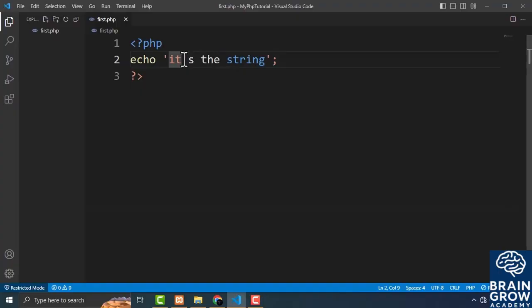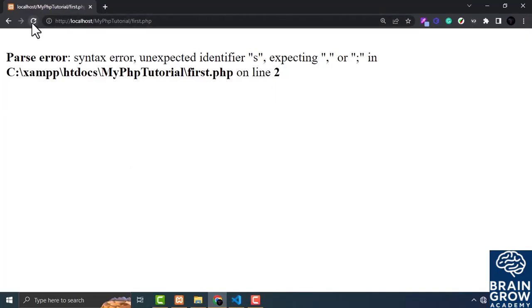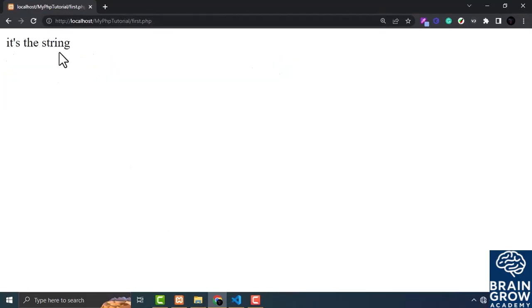Now you can use the backward slash and then the single quote. Now this single quote will work as the escape character if you use the backward slash here just like that. Now in the output you will see it's the string. Now let's just refresh the page. Now our code will work perfectly fine. As you can see, that's how we can use the single quotes around the string that is surrounded by the